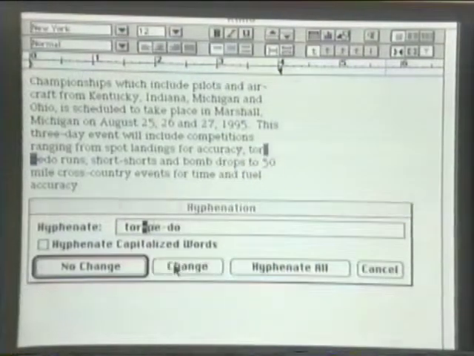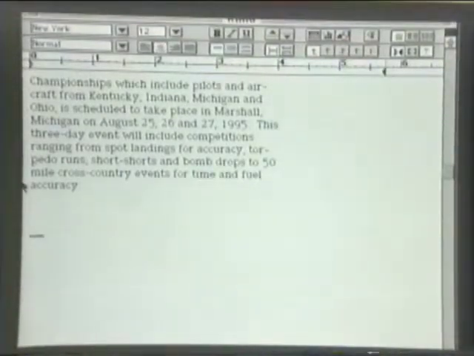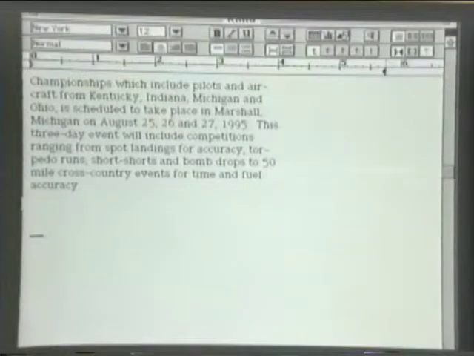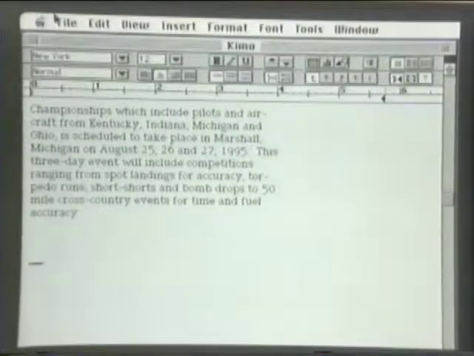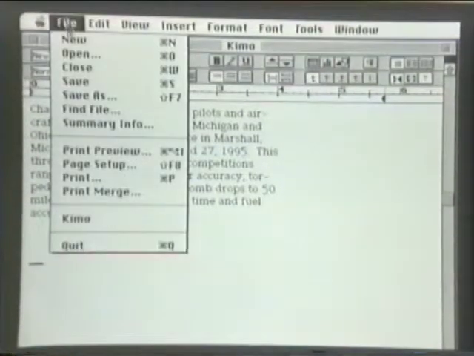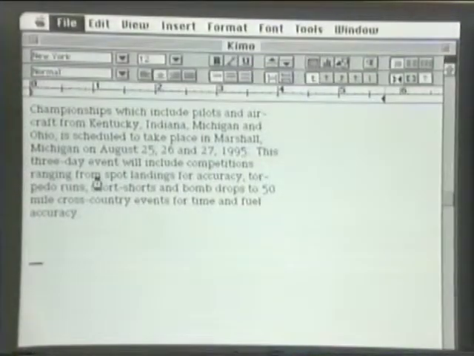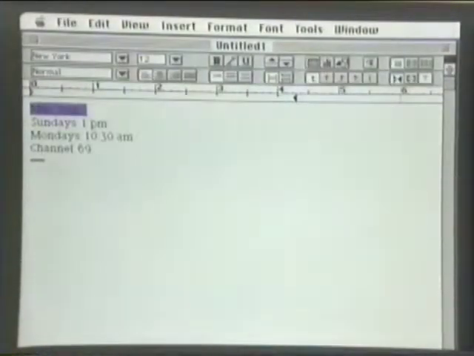So I'm going to change this. So now this paragraph is a little less ragged than it was before. I'm going to close this document and go back to Untitled 1 and